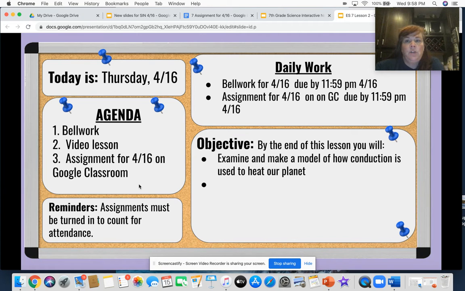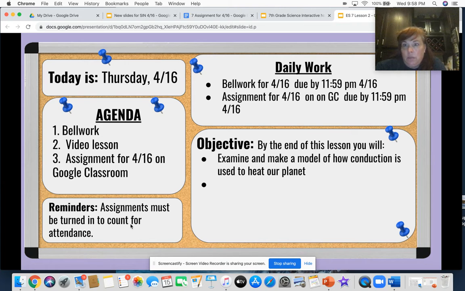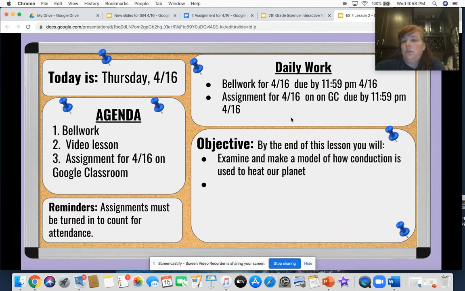It is a list of instructions because you're going to be working in your interactive notebook today. Reminders, assignments, please need to be turned in so you get counted for your attendance. I don't care if they all come in at the end of the week, just turn them in, please. Okay. Your daily work, bell work today is due, and your assignment is due in Google Classroom on your interactive